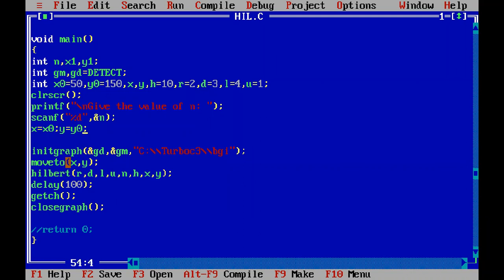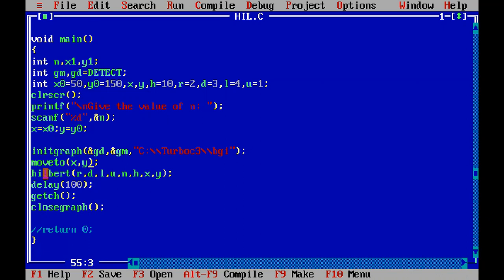After that, the moveto function, as we saw in the first chapter, moves the control point, the arrow, to the x and y locations. That is the starting point of our puzzle.